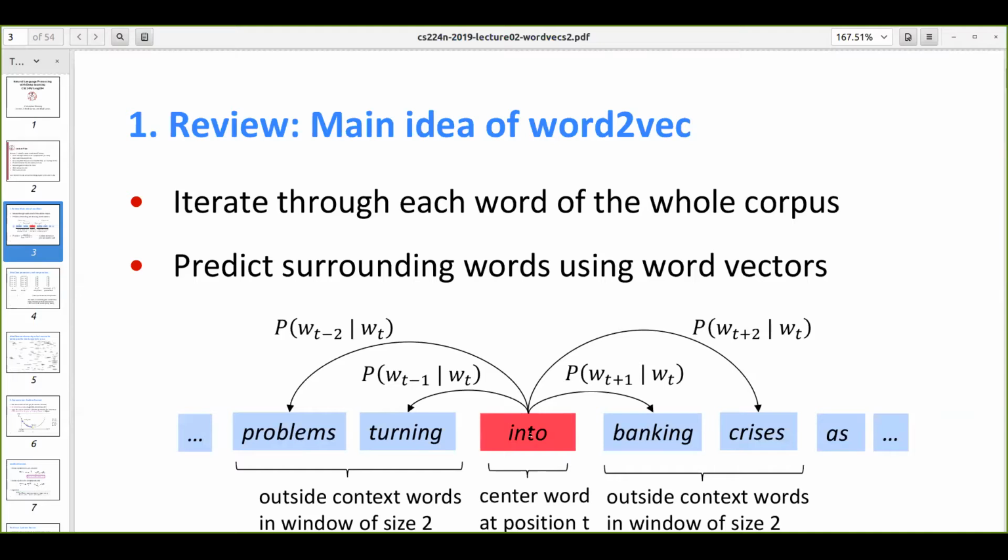For the next step, when we slide the window, "into" will no longer be the center word, "banking" will be the center word, and "turning" and "into" will be the context words. So this way, every word is going to be a center word as well as a context word, which is why we have 2 matrices. Here, the U matrix contains the word embedding representations for the context words. So in the example, it contains the word embeddings for the words problems, turning, banking, and crisis, along with the other vocabulary. Likewise, since we also have center words, we have another matrix which contains the word embeddings for all